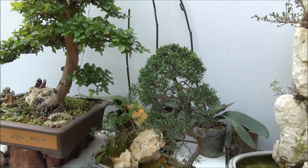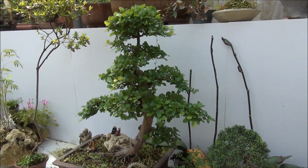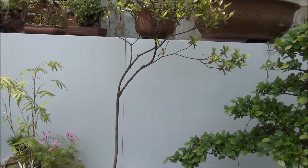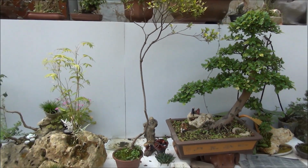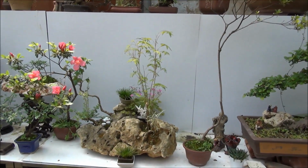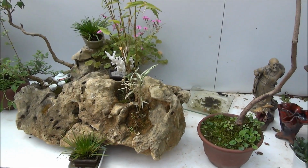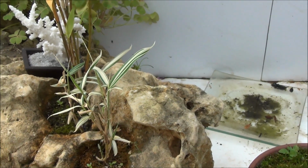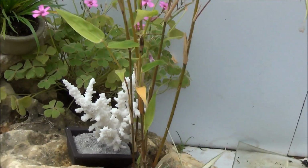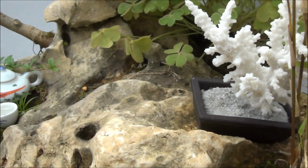Chinese juniper, followed by other species of trees which I do not recognize. I seem to be saying that quite a lot, but that's the case. And next to it, the tall one is an azalea with a rock planting. Has a variegated plant, and then also bamboo and some pretty big flowers and